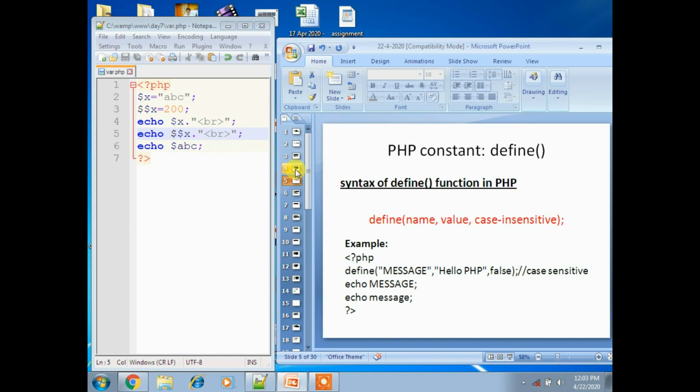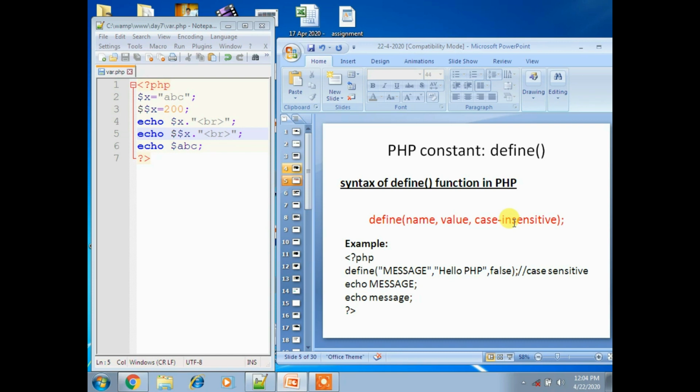Here let's see the syntax of the define function in PHP. It has three parameters: one is name, second is value, and third is case insensitive, where we have to pass a true or false value.